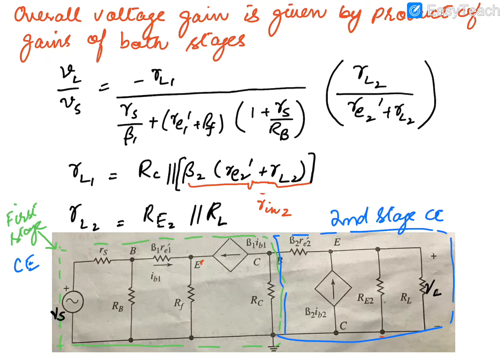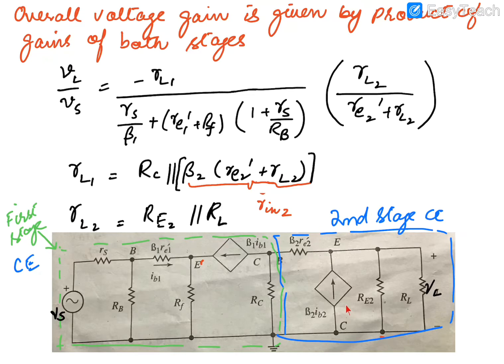Now you have to take care what the value of RL1 is in this case. RL1 is basically the parallel combination of RC and the input resistance of the second stage, which is basically acting as a load on the first stage. As you know, the AC load resistance is equal to RC parallel with RL. Now RL is basically the input resistance of the second stage. So Rin2 is equal to,